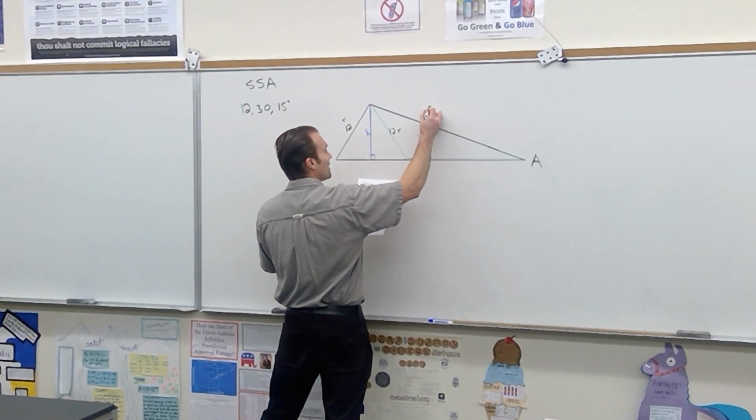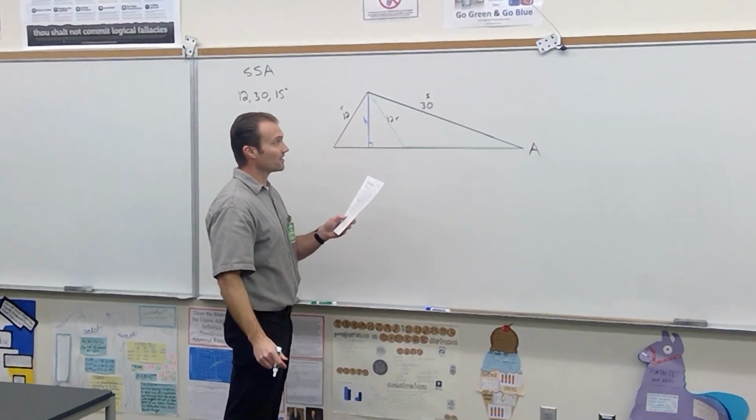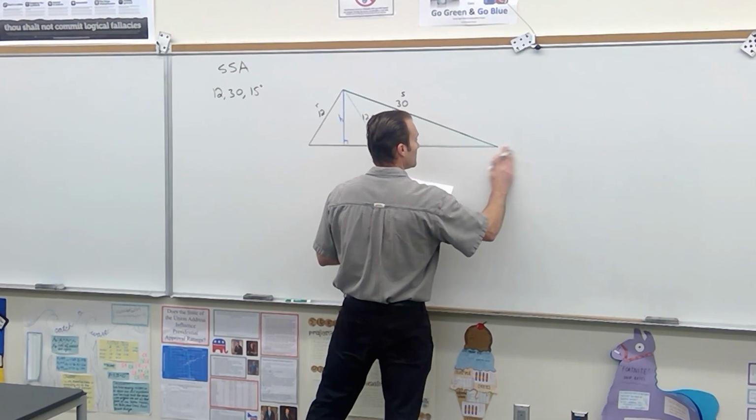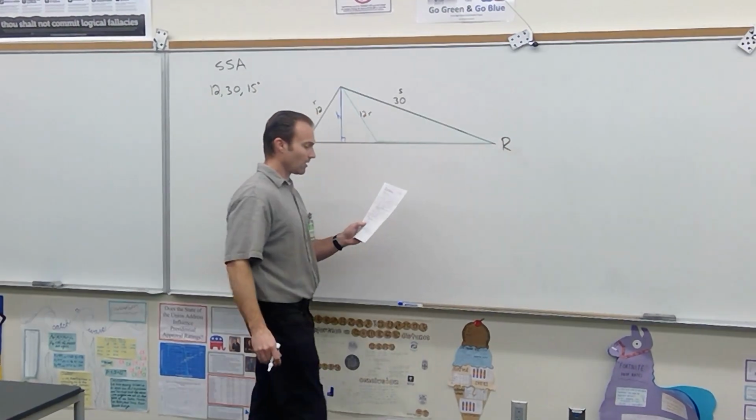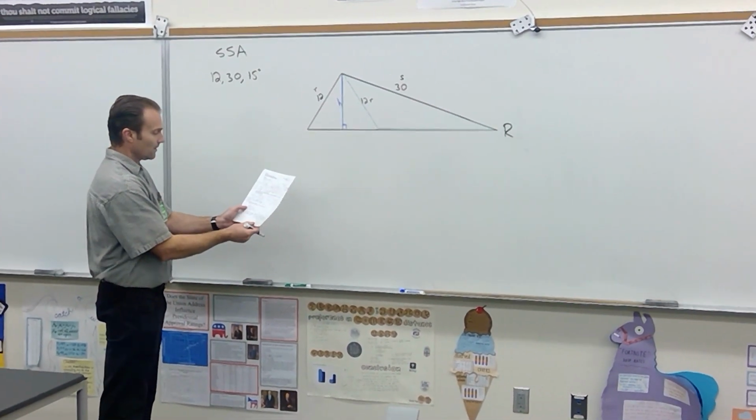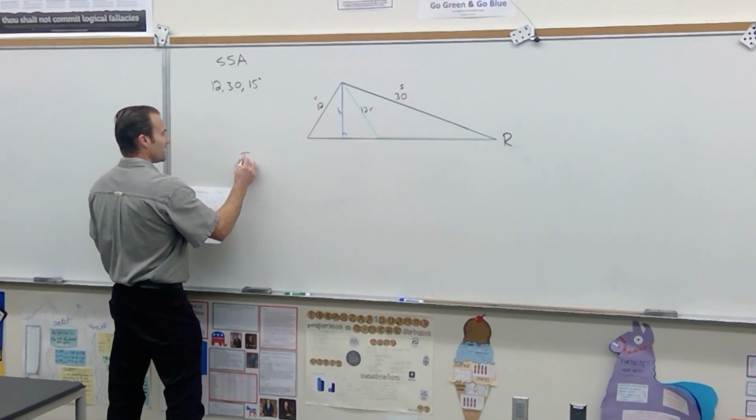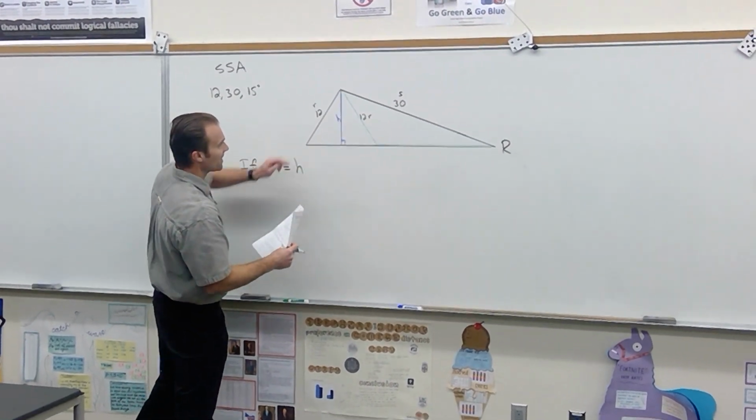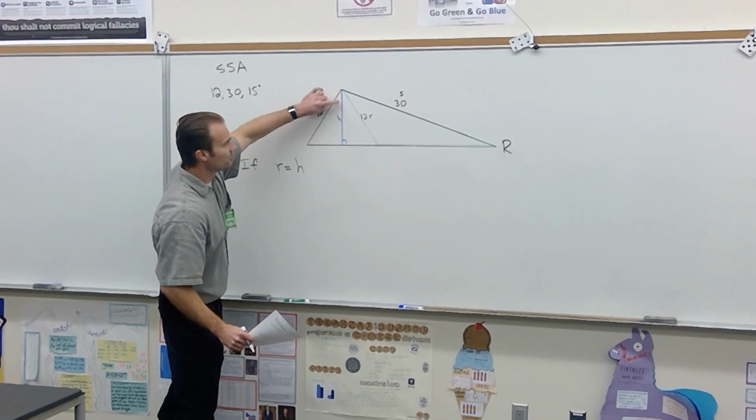They're calling this side S. I wish Mr. Nguyen had picked a different letter because that looks like a 5, but it's an S. And then this angle, they have it labeled as R. All right, so at the bottom it says if R is equal to H, H being the height of my